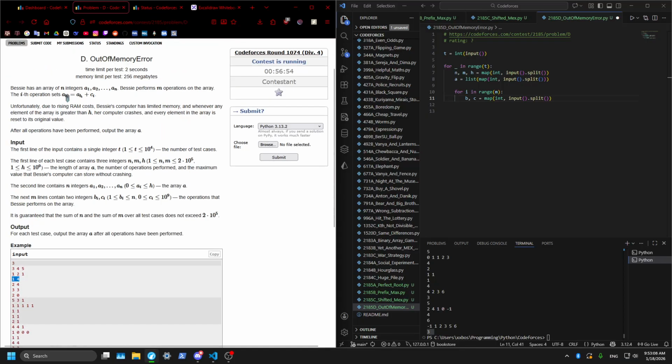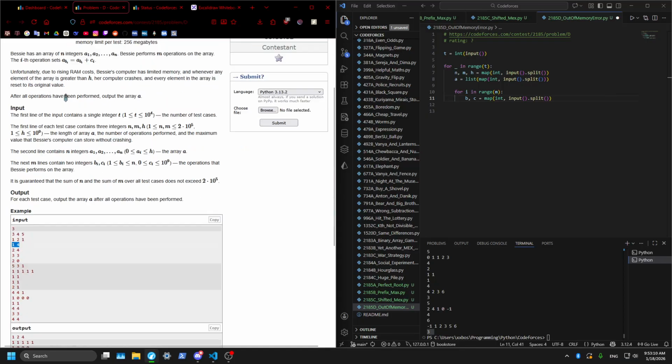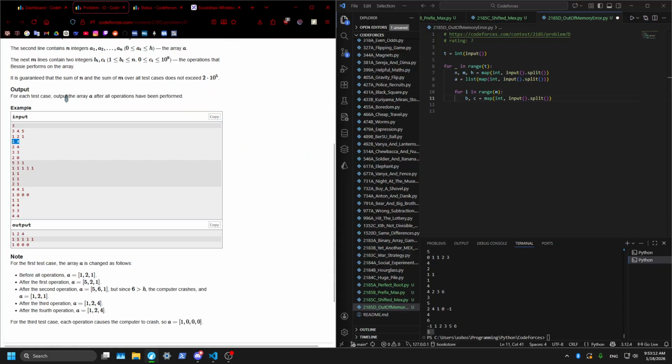So this operation 1, A_B is 1 plus C, 4. So 5, 2, 1. After the second operation, 2, 4. So it's 6. 5, 6, 1, but 6 is greater than H. Computer crashes,